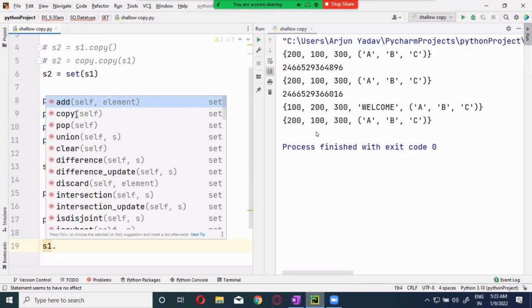Now add, copy, we have done it, pop and clear. Clear is to clear all the elements of the set, but the structure of the set will still exist. What will delete do?